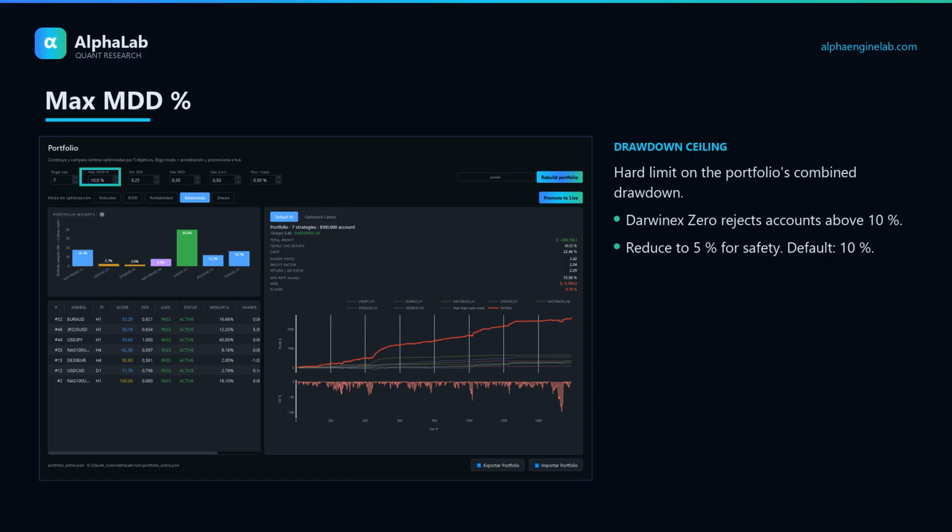Max MDD% is the hard limit on the combined drawdown of the whole portfolio. It's a critical parameter if you trade on Darwin X0, because Darwin X rejects accounts that exceed 10% drawdown. That's its kill switch. That's why it defaults to 10%. If you want to play it safe, lower it to 5%. If the combination of strategies exceeds this ceiling, the constructor rejects it and iteratively drops strategies until the expected drawdown